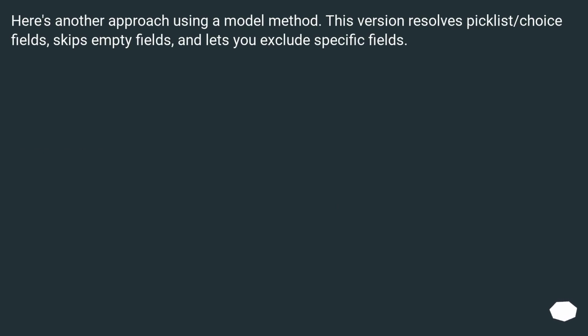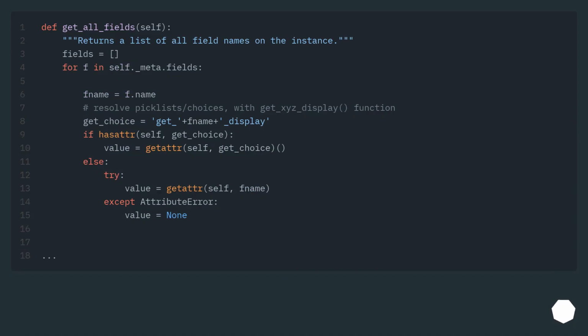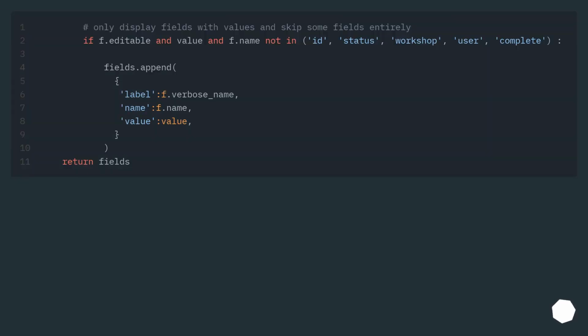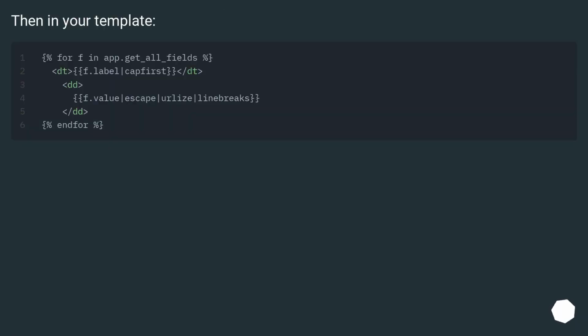Here's another approach using a model method. This version resolves picklist/choice fields, skips empty fields, and lets you exclude specific fields. Then in your template,